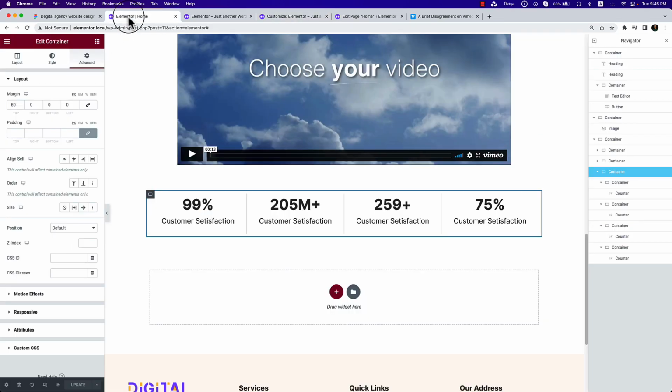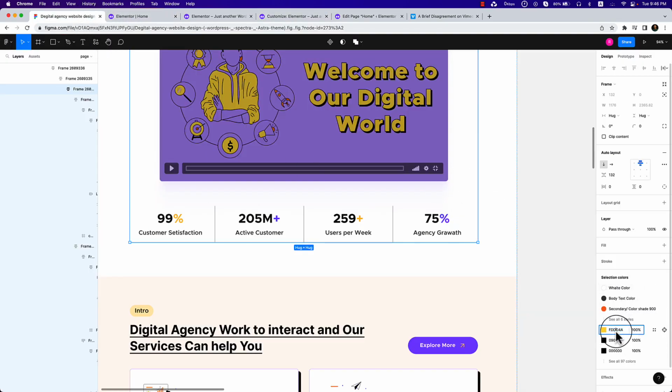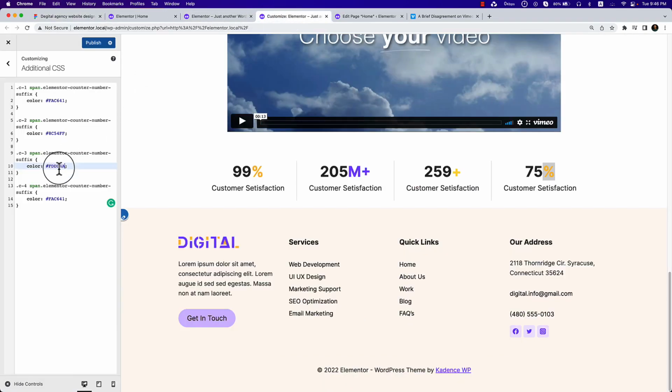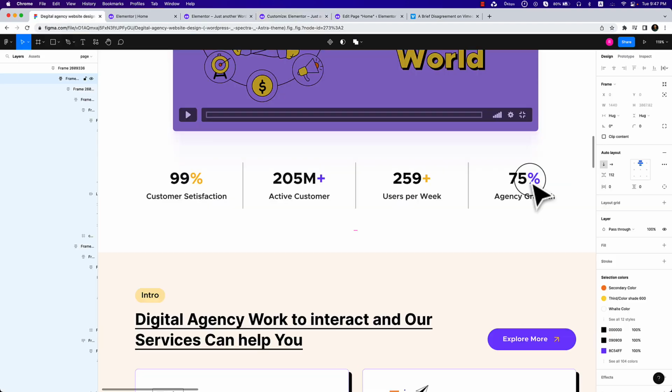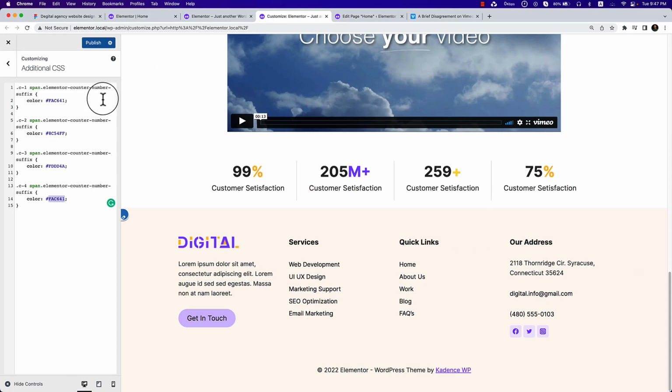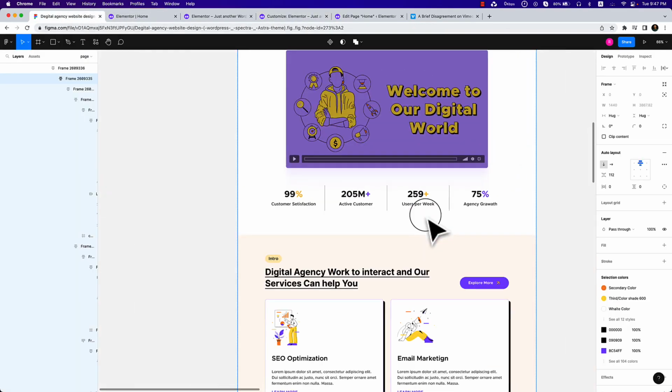Not here. So why it looks different? Copy again carefully. Go to customize, paste, and this should be this one. Let's copy. So now as you can see, it's working perfectly. Let's click publish. So we have completed our